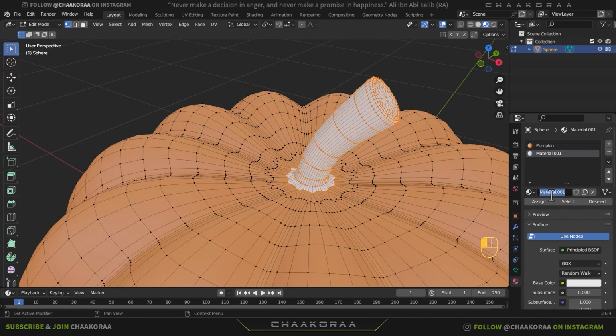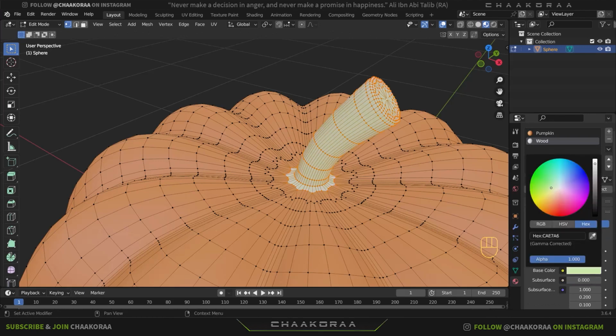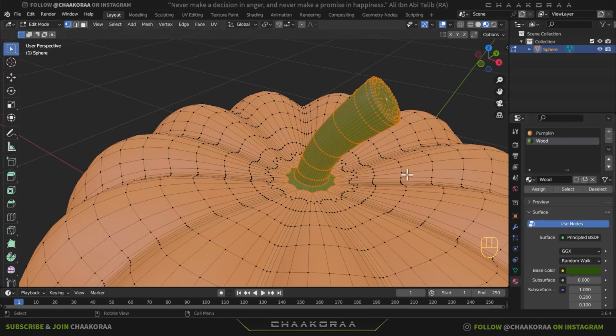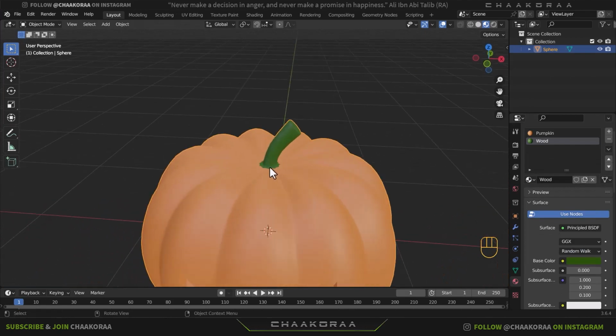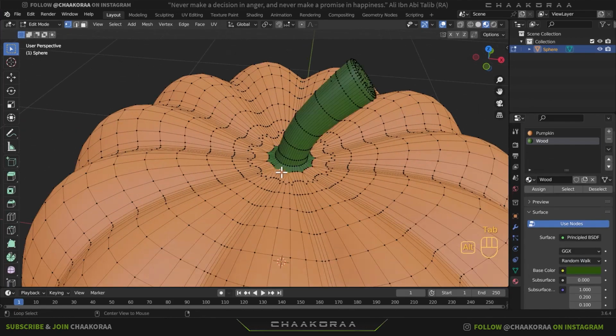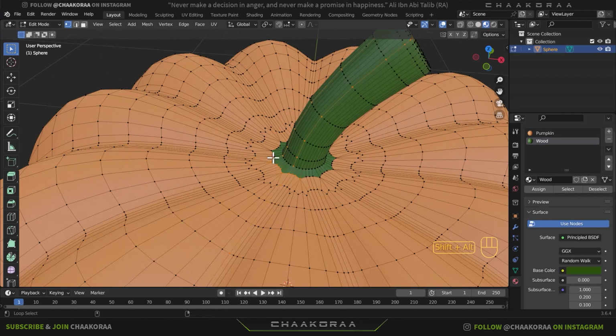I'm gonna call it maybe wood or anything like that, and I'm going to change the color to a green or brown color. I'm gonna choose green, and it should be a dark green like that. And maybe this part shouldn't be like that. Let's select with